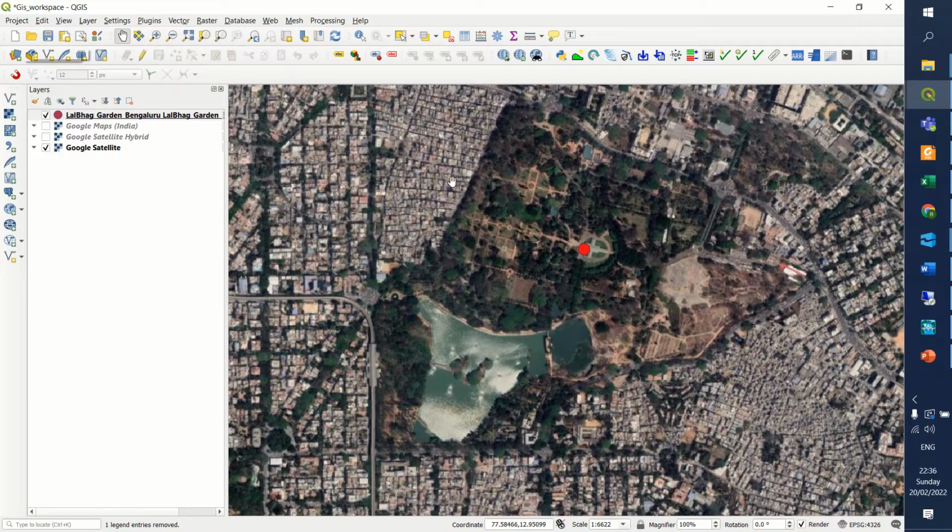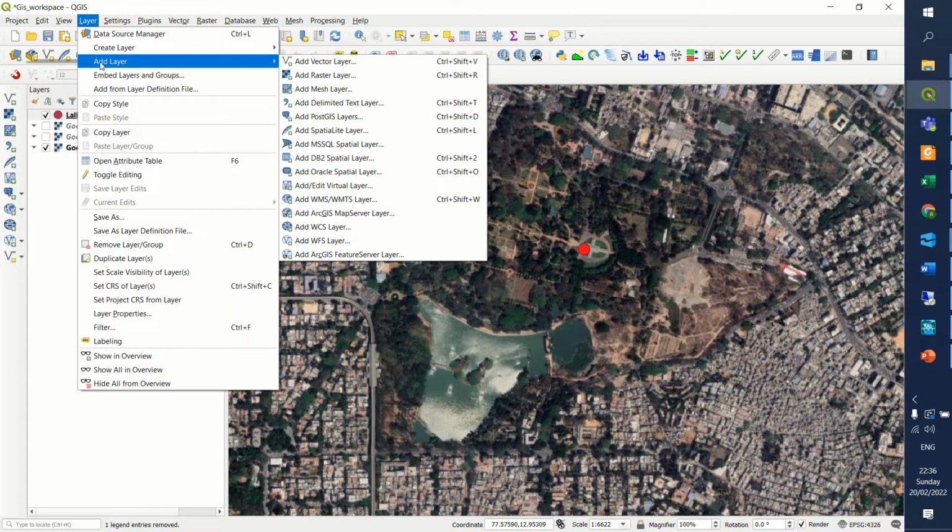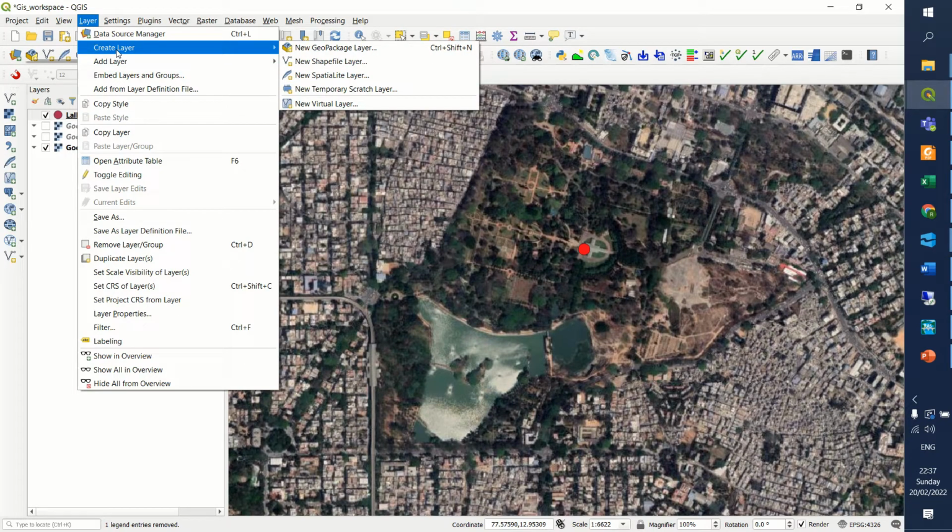So how to do that? Let's start. Go to layer. Earlier we used add layer. Add layer means if the layer already exists, it is stored somewhere and somebody has given it to you, so to refer to this layer, you will take that layer and store it in a particular place, and you will choose it with the help of add layer. But now I have to develop a database. I have to create information with the help of a shapefile. So in that case, I will go to layer, and I will say add layer, and new